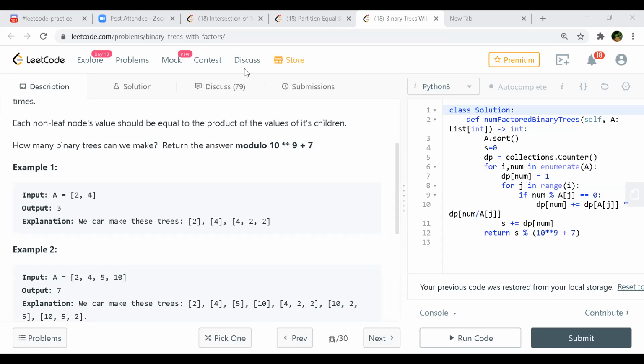So basically, we can store somewhere in an array how many trees there are with that particular node as the root. If we focus on 10 and 2 and 5, and I know there are X number of trees with 2 as the root and Y number of trees with 5 as the root, then we can simply multiply, and that would be the count of trees with 10 as the root.